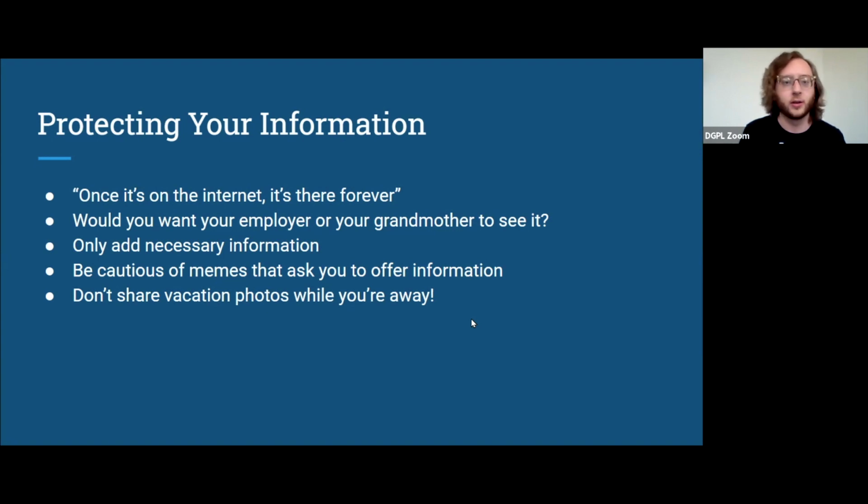Or there'll be a list where you plug in your birthday and the first letter of your first name and the first letter of your mother's maiden name, and it'll reveal what your superhero power would be or something like that.